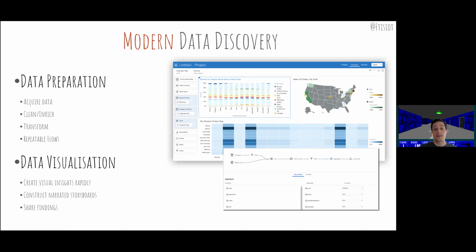At the same time, within the same tool, you also have the modern data discovery. So you have a tool called Data Flows, which allows you to connect to any data source and create mini ETL pipelines in order to transform the data. As I said, mini ETL pipelines; Data Flows is not the replacement of a proper ETL tool like ODI. It's for business users to start connecting to data, start doing small transformations, and to create repeatable flows that allow them to recreate the same transformation over and over again.